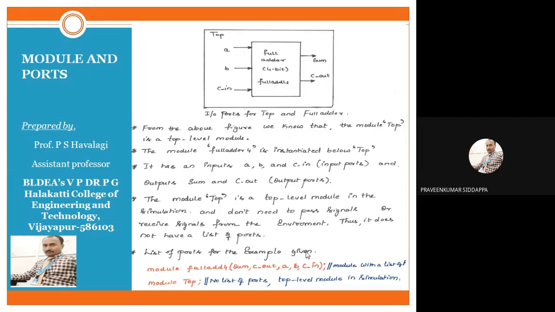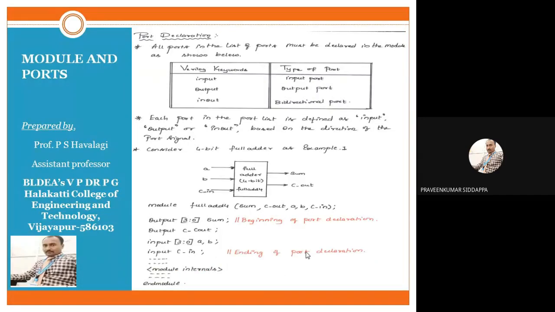So outside the last block you can check it. Within that block we have some inputs and outputs, but for that top block, you can check it, there is no input and output. So because of that reason, we should mention model top, there is no list of ports. Is it clear? So what is list of ports and what is no list of ports? Okay, both we should mention it. So this is about list of ports.